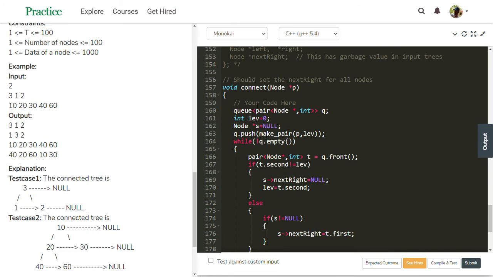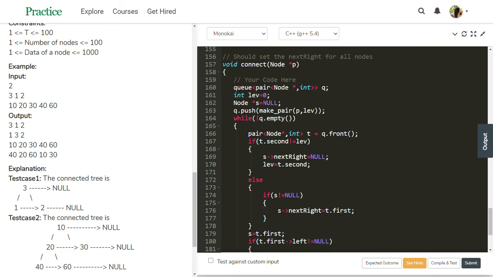See, connect is the function. P is pointing to root. Take this first test case to get the idea about this code. P is pointing to 3. To solve this task, we use Q with pair of node star comma int. Node star stores this node's address and int stores the level of that node.